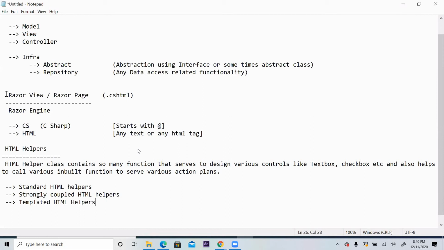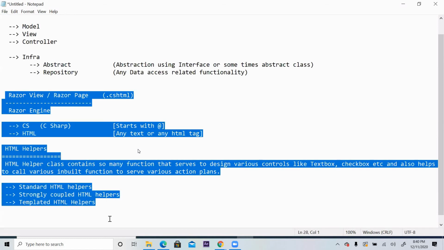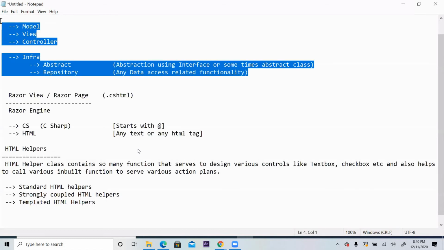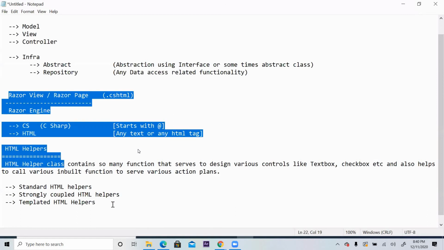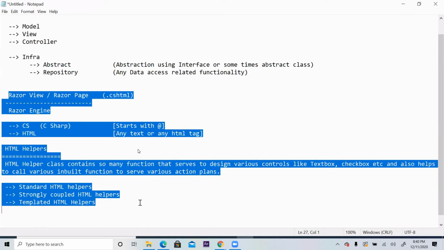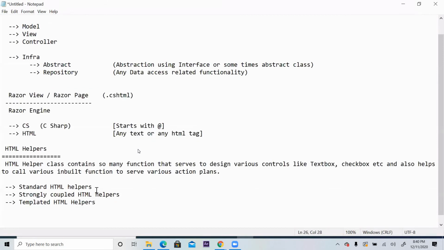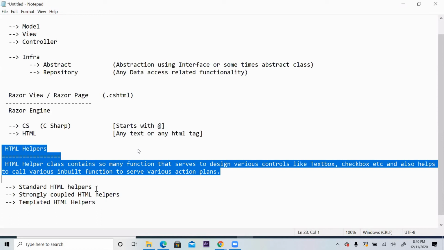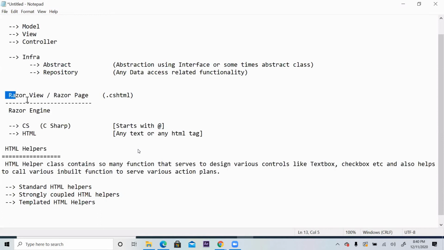So today, whatever we are learning, apart from this repository patterns and practices, is about View. So in the View or UI layer, the most important part you are using is HTML helpers. That's why you are learning this. So in Razor View, the entire page is divided into two parts.